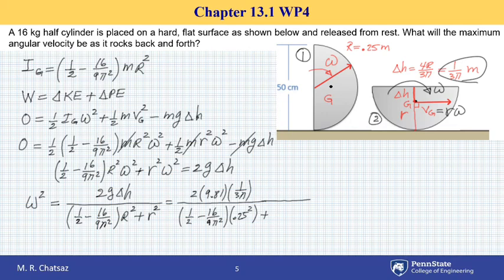Note that from the diagram I can write lowercase r to be equal to cap R minus delta H, which is 0.25 minus 1 over 3 pi. This turns out to be 0.1439. So going back to this fraction, I want to add 0.1439 squared. So this gives me omega squared equal to